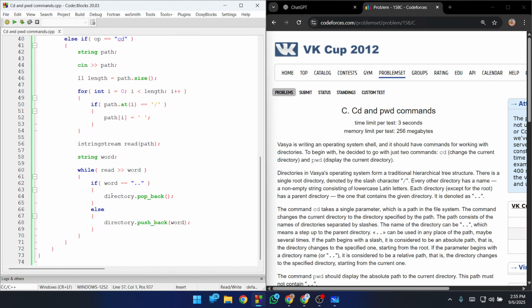So if word equals this and directory dot empty, or directory dot size greater than 0, obviously. I mean, there has to be at least one folder, or wait,